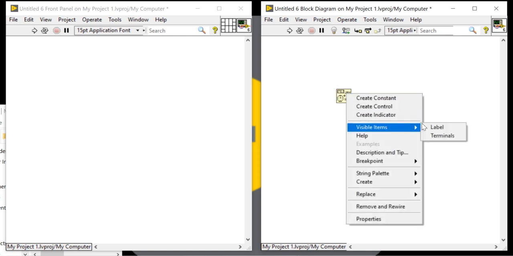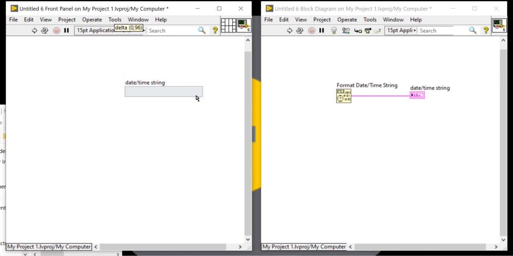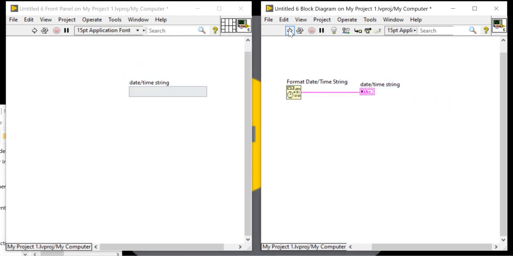Right click, open the label, create indicator. Now you can display your current date and time.